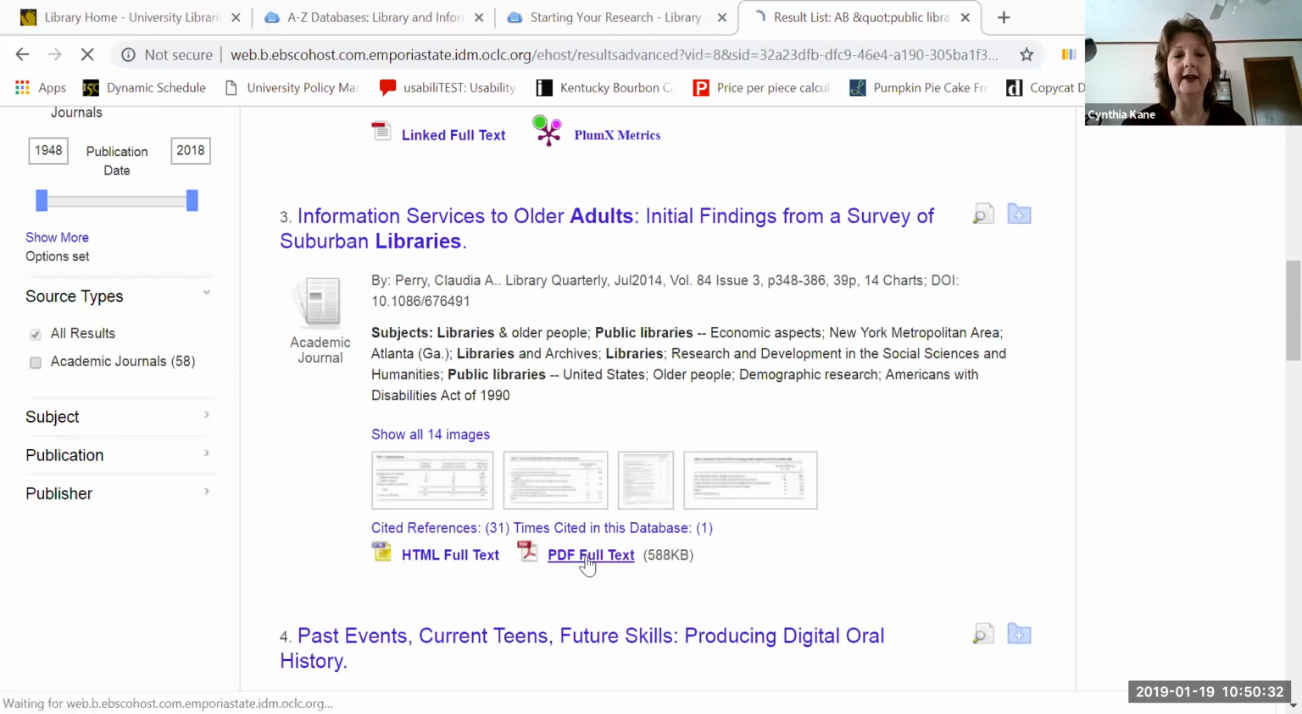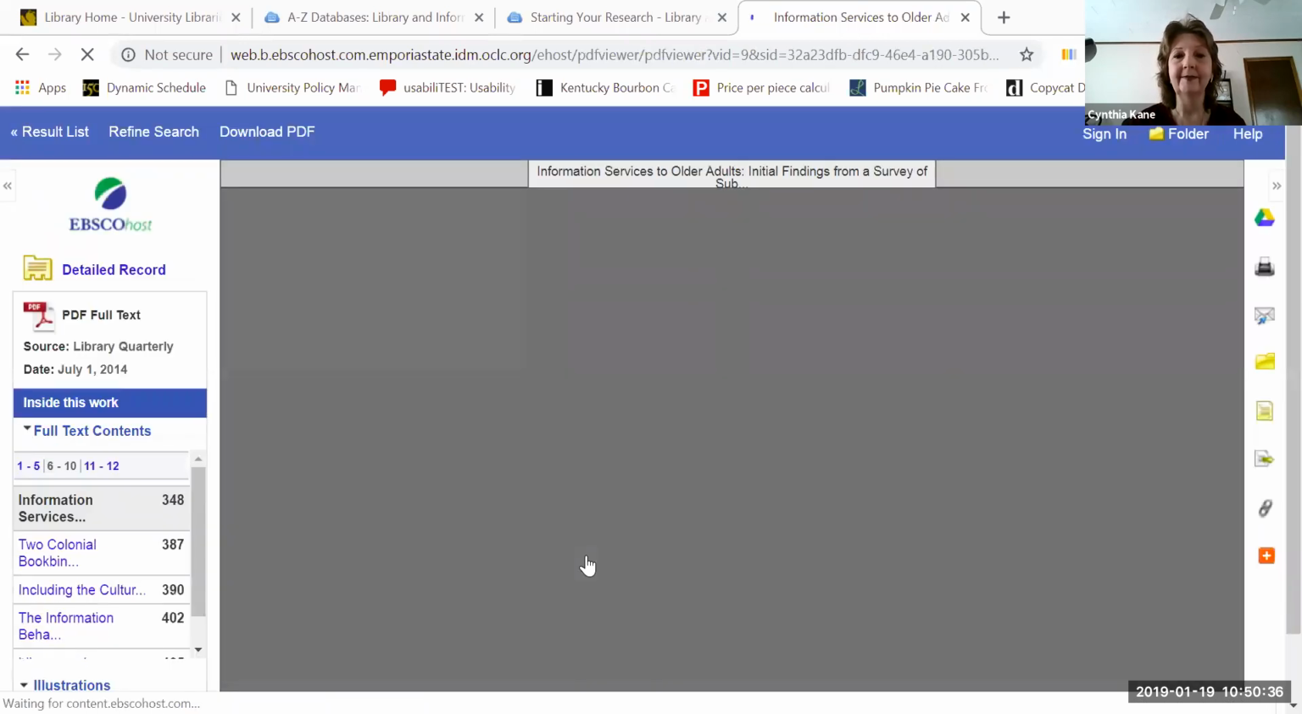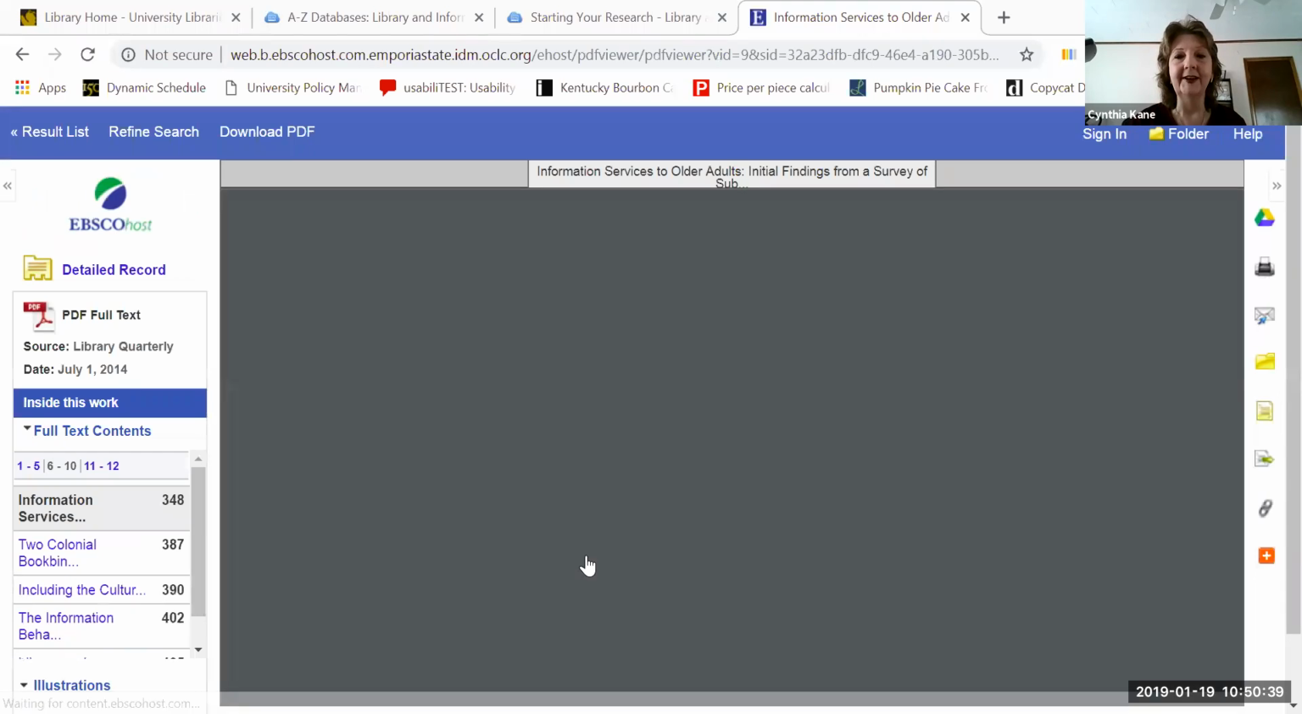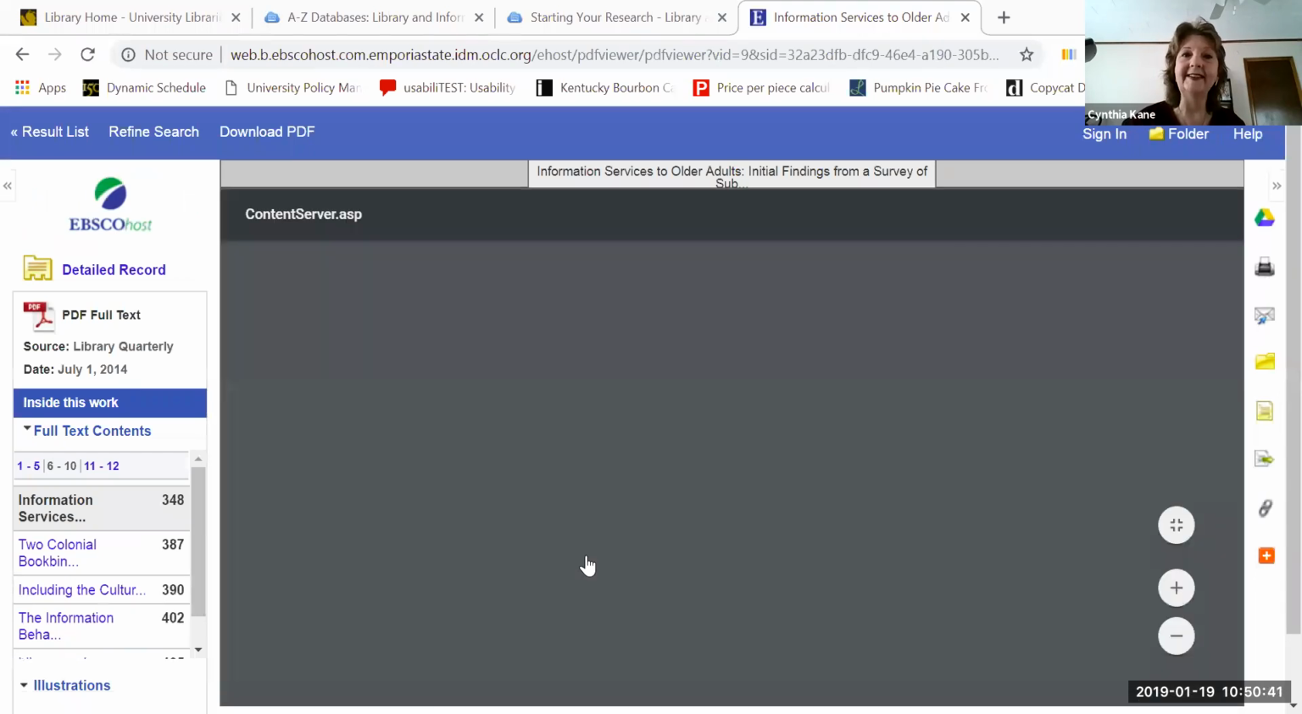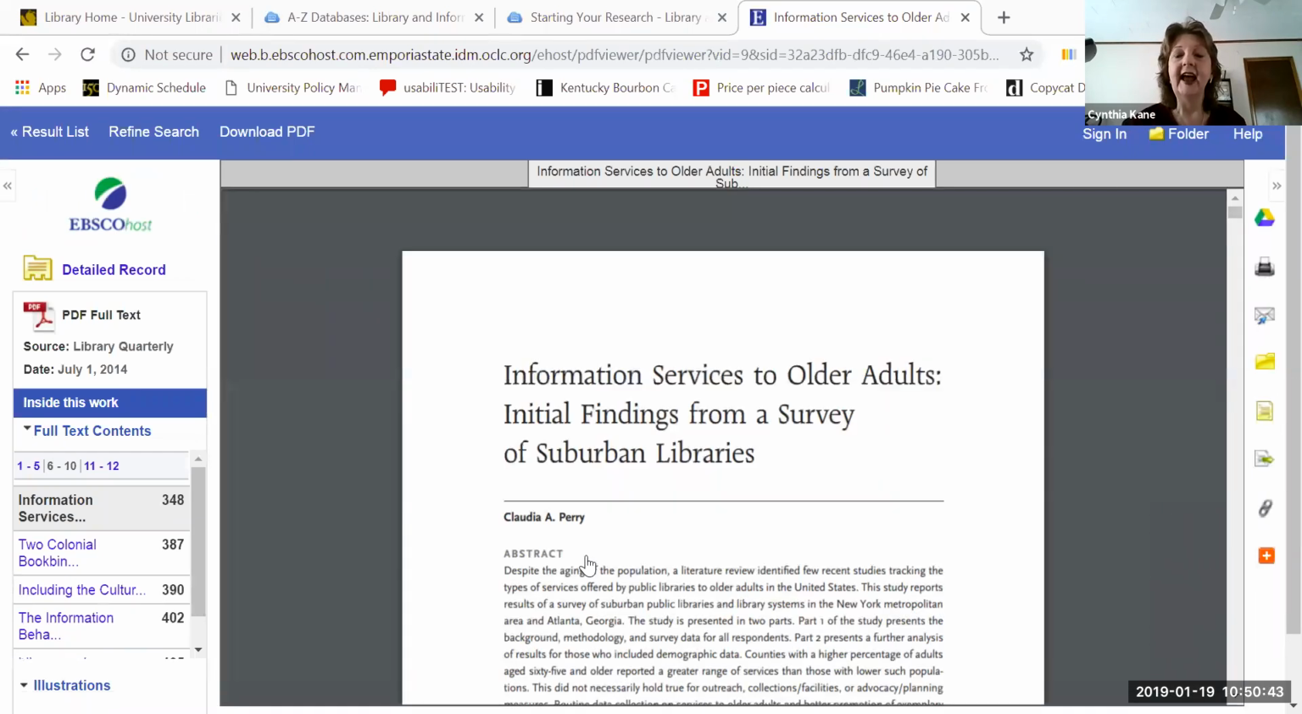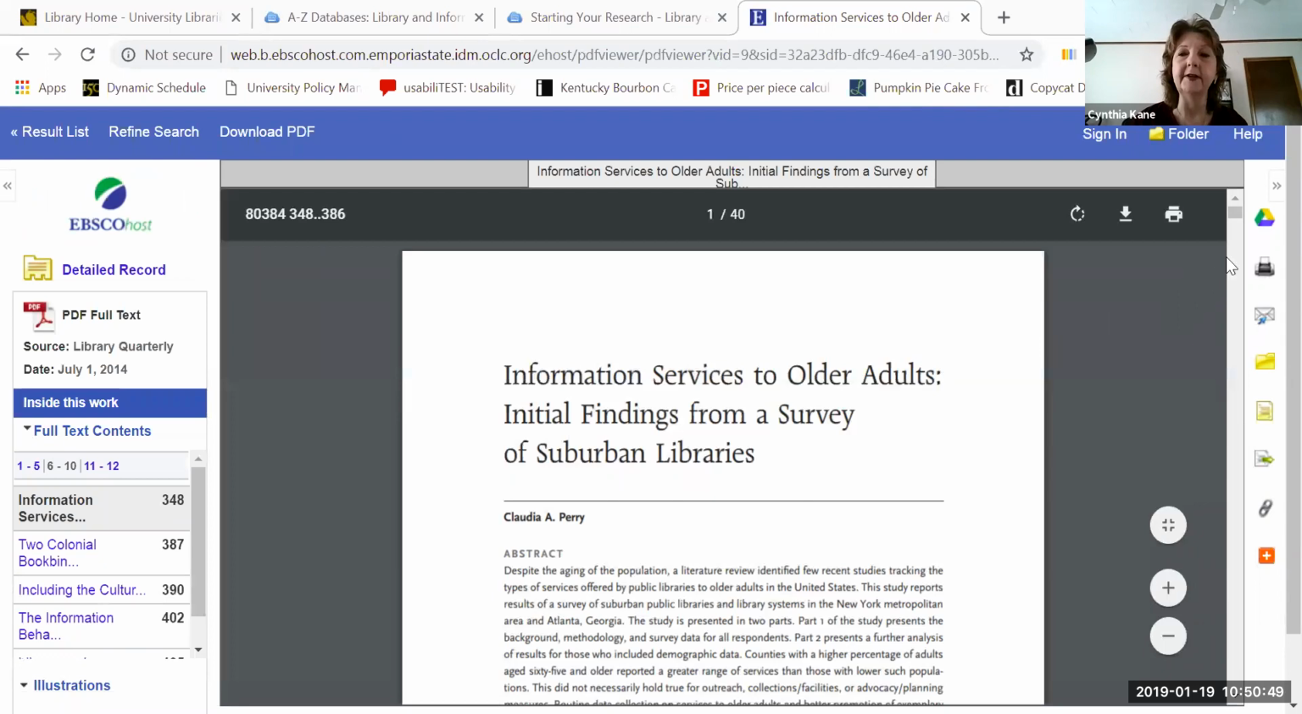So if I click on this option for PDF full text, there it is. Really easy to read. I can save that. I can email this to myself. Now the other thing I can do in a lot of databases, including Library and Information Science Source,